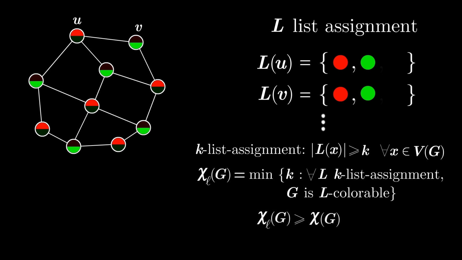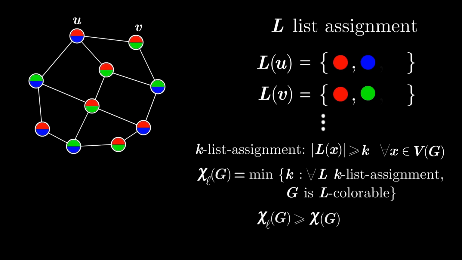However, the list chromatic number can be higher than the regular chromatic number for some graphs, and at least for me, it was not immediately obvious how this can be possible. I mean, if not all lists are equal, then it means that you are adding extra colors, so it should be easier to find a coloring. Shouldn't it? Let's see an example to find out why this isn't true. We can use as an example the graph we have right here on the screen. This graph is bipartite, so it can be colored with 2 colors.